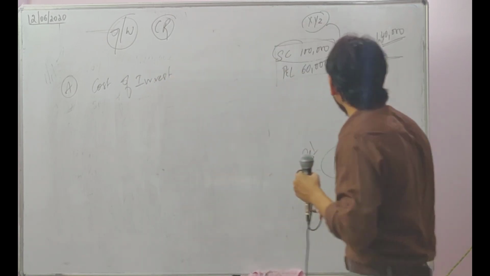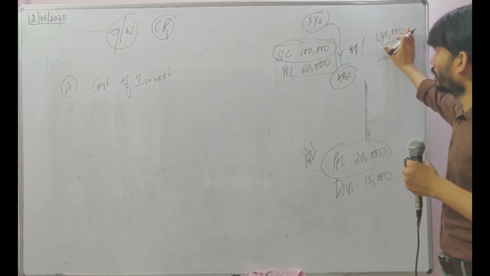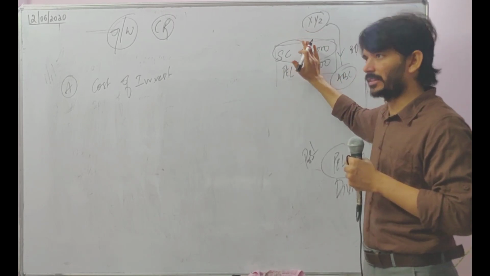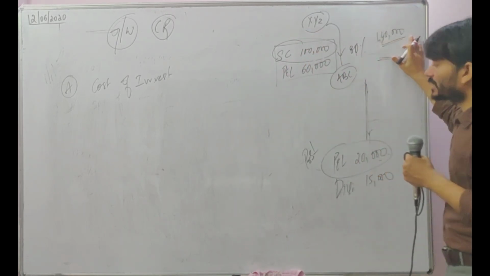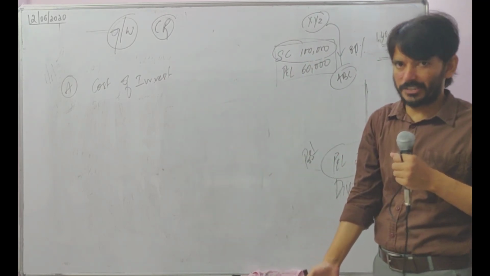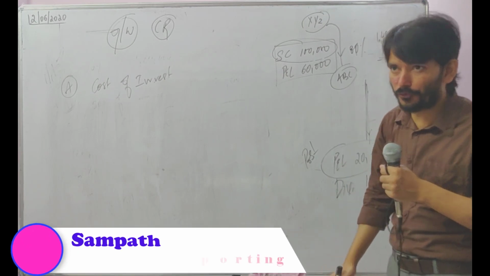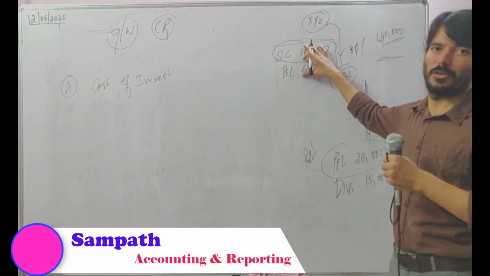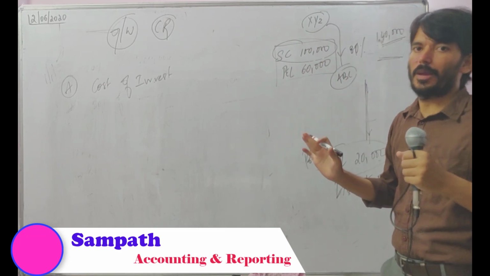How much did you spend? Spend 1,40,000. Don't confuse this with this. This is their strength on the date of acquisition. This is the amount you are spending, giving it to them. You are going to a shop, you are purchasing a calculator, you are purchasing it for this much money, you are getting in return out of this much money. Okay, the difference is your goodwill or capital reserve.